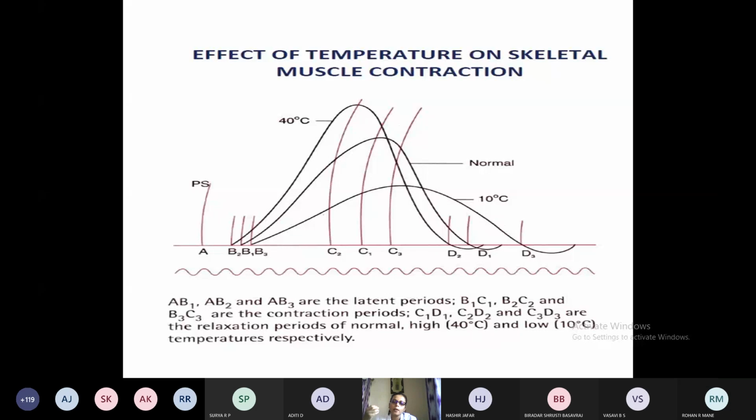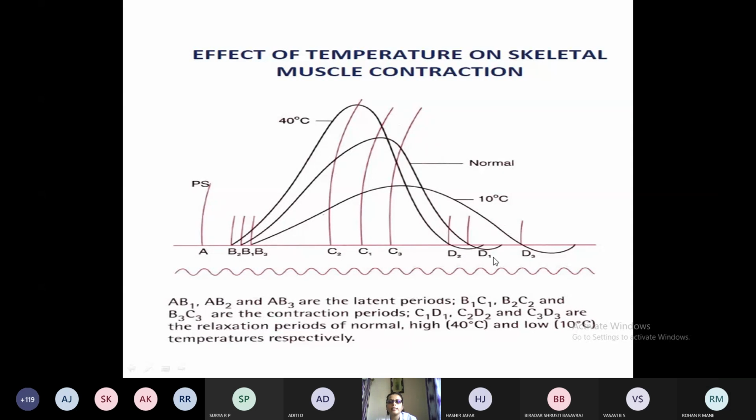Okay, if we dip that component, the muscle and nerve component, in the Ringer solution, it will give nutrition and energy to the muscle even if we keep it away from the body, and we can sustain it for a certain time period, so that we can do such experiments. The Ringer solution is nothing but a solution containing different electrolytes and minerals to keep that muscle and nerve component active. Here the Ringer solution is taken at different temperatures, so we will be seeing the effect of temperature on skeletal muscle contraction.